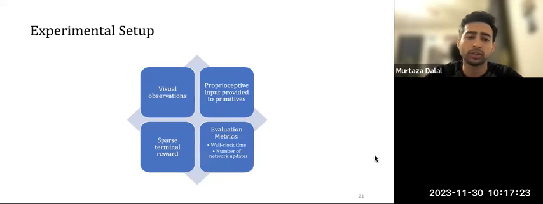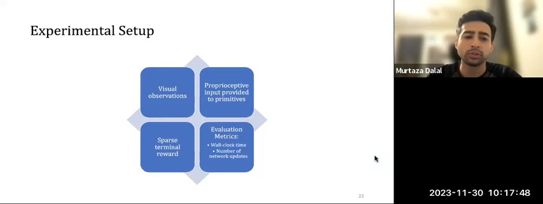A quick note about the evaluation metrics. We're going to measure task success rate with respect to wall clock time and number of network updates. Since we're going to be comparing against a variety of different methods that have different action spaces, different control frequencies, and different numbers of low-level time steps per action, it's very challenging to come up with a single metric to evaluate all of these.